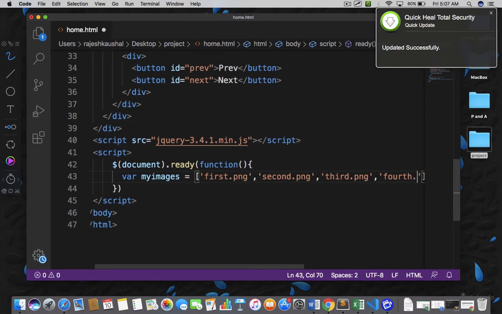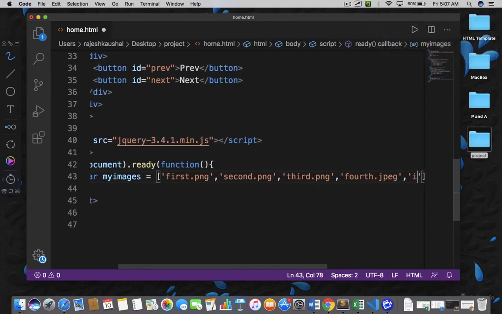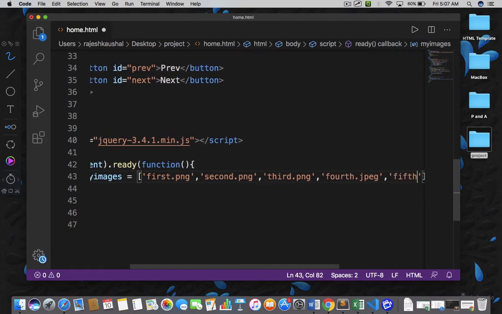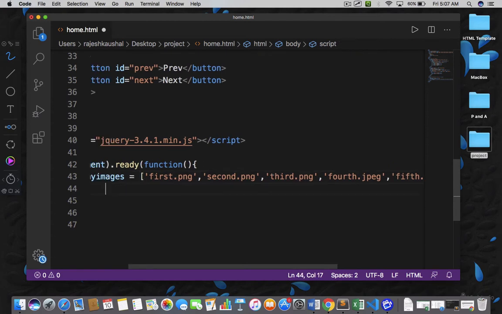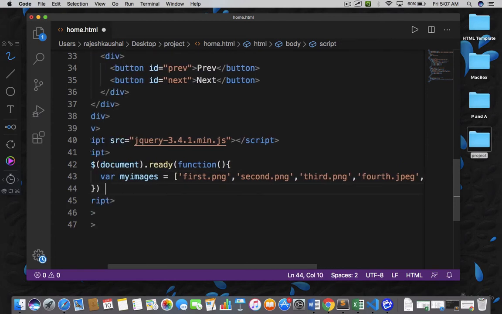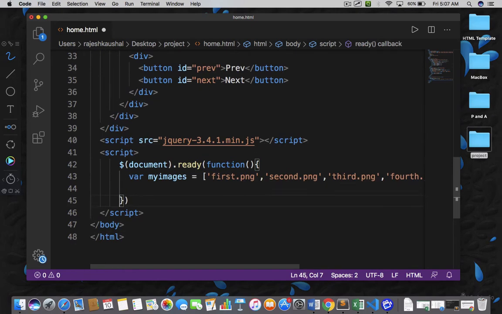I will write fourth.jpeg, and then I would write fifth.jpeg. So this is all about my array, and then I need a variable to maintain the present or the current index position. So I would take var index equals to 0,